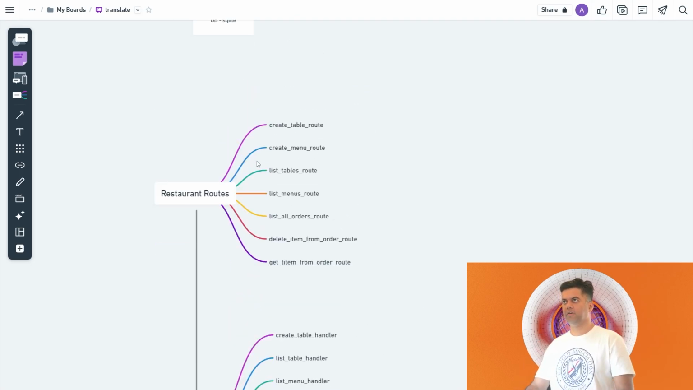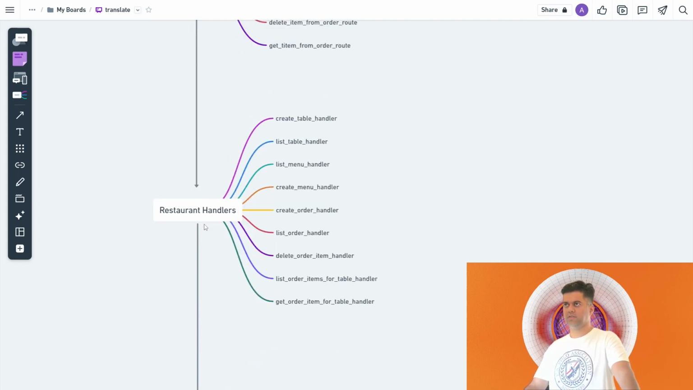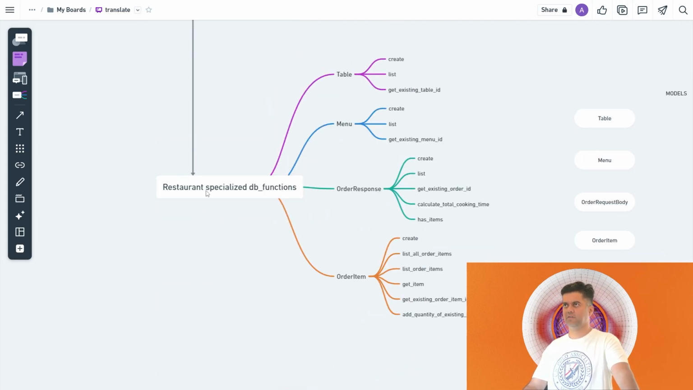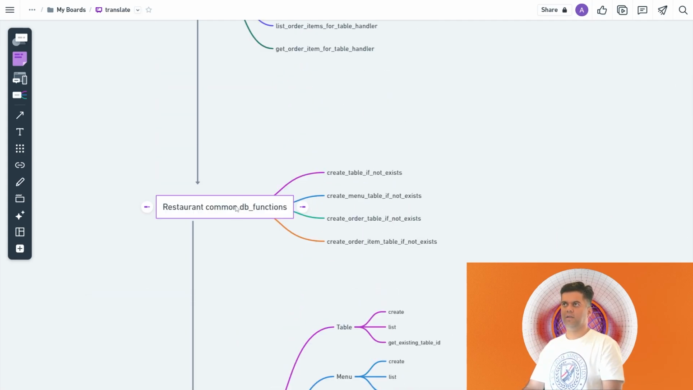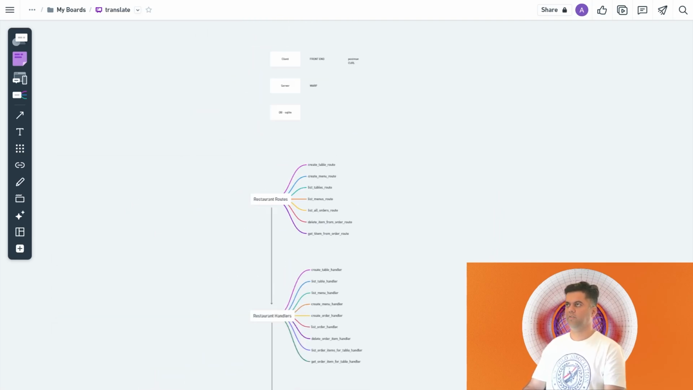Now we'll have routes, right? For our restaurant routes, we're going to follow the very standard system. You'll have routes, handlers, some common DB functions, and then some specialized DB functions. These will be in your model.rs file, and these will be in your db.rs file, which is to do with the database. And this will be in your handler.rs file and your routes.rs file. That's how we'll structure the